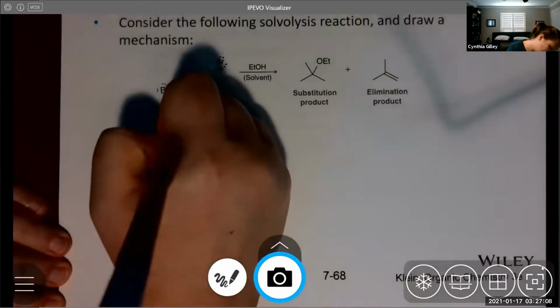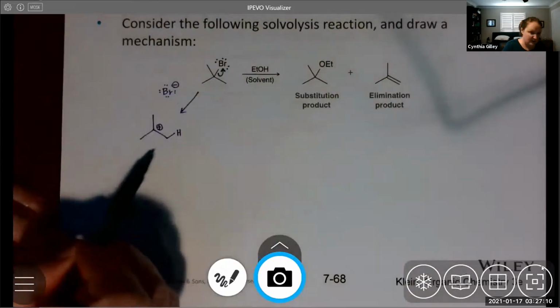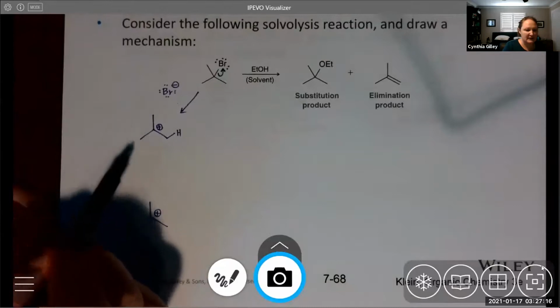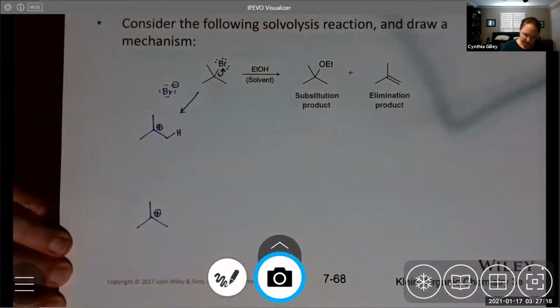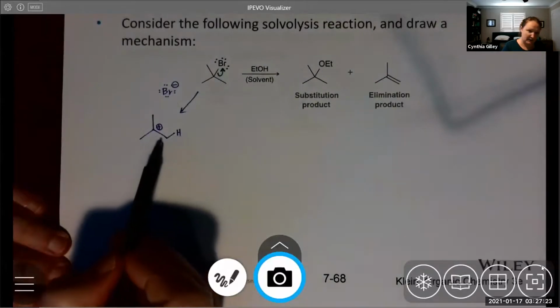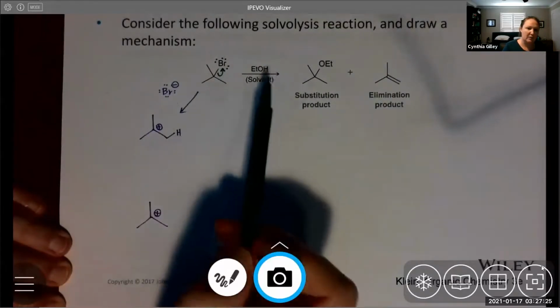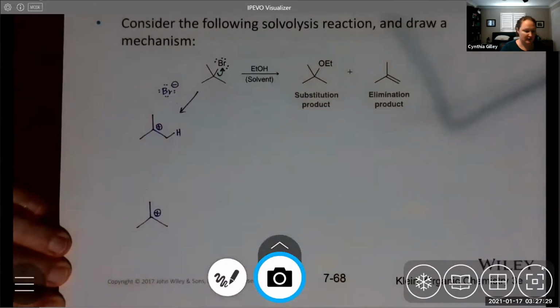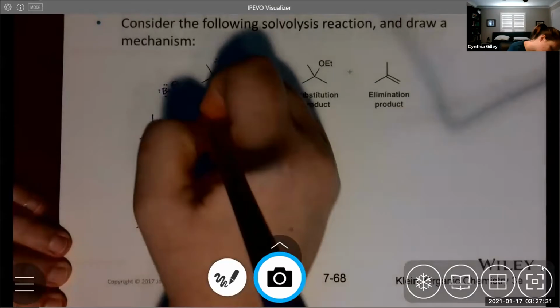So if I draw in any of the 9 hydrogens at the 3 methyl groups, all of those can be removed because they're all equivalent, because of symmetry. So if we have a base that can come in and take this proton, we'll be able to form the pi bond here. Remember, our base is just the weak base ethanol. And I'm going to draw in some ethanol,